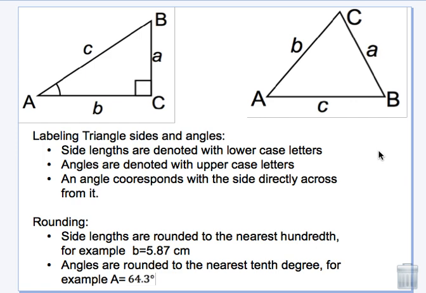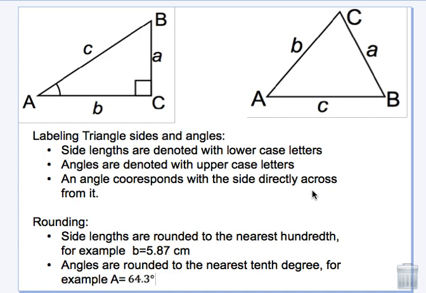This one is all about triangles. We're going to have a very huge unit where we work with triangles over and over and over again. We're going to do a lot of incredible things with them. So before we get started, let's go over some basics on how we generally label our triangles and how we